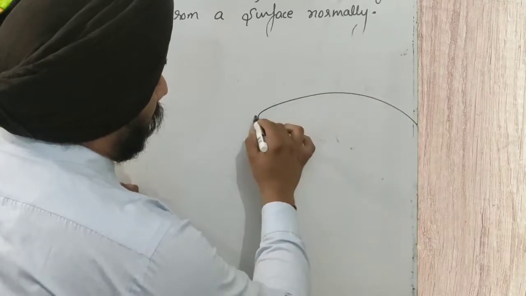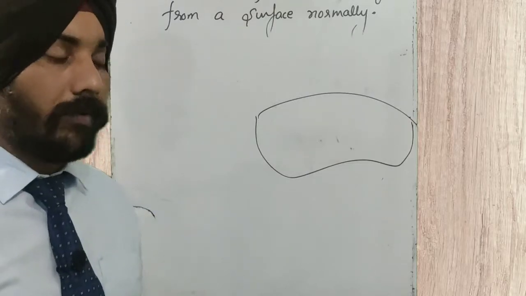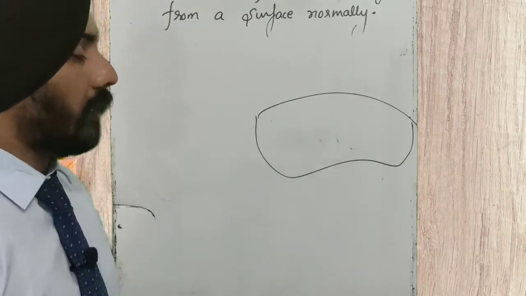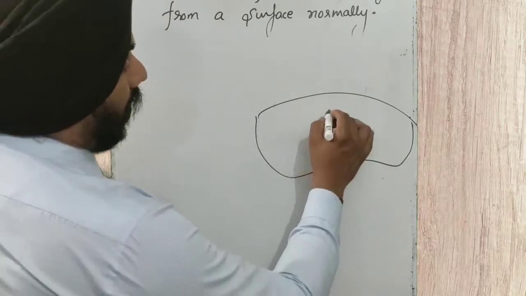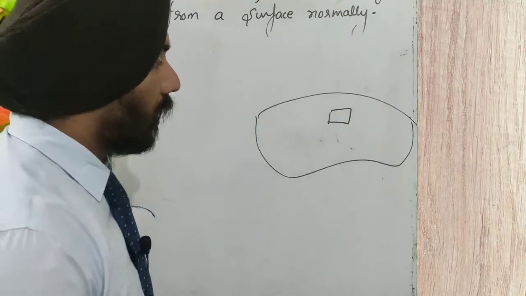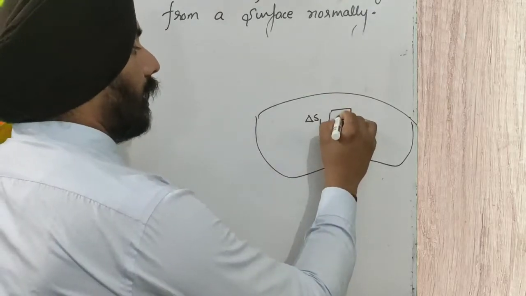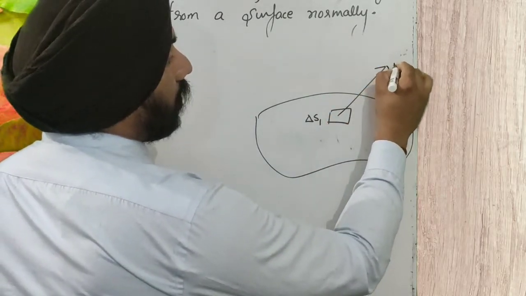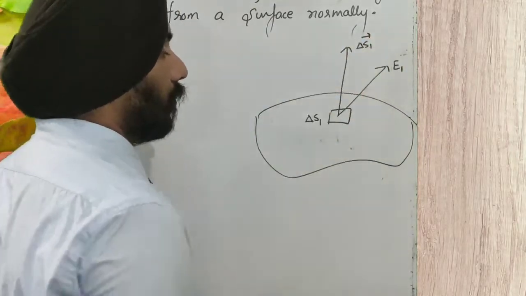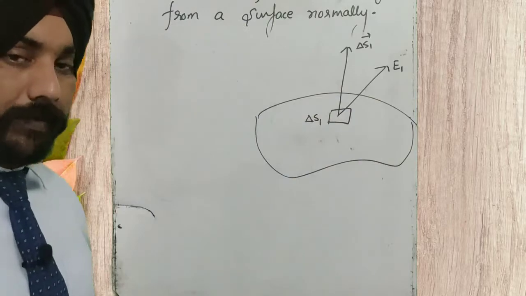So this is a surface we have kept in a non-uniform electric field, and for this we have to divide the surface into an infinite number of parts. Suppose we divide this surface into n parts, and every part has a different area and a different amount of electric field passing through it. Suppose this is the part with area delta S1 and electric field E1 passing through it, and the area vector is delta S1. So how much electric flux is passing through this part?